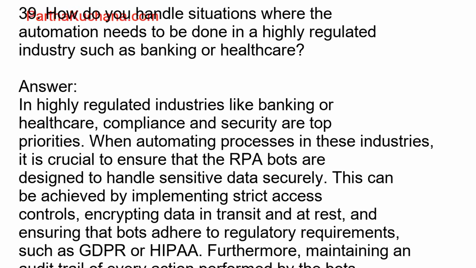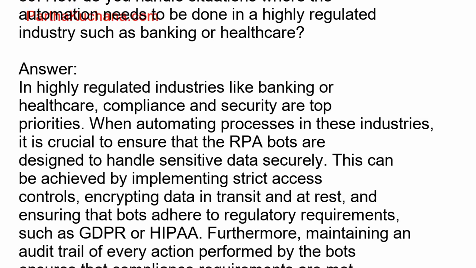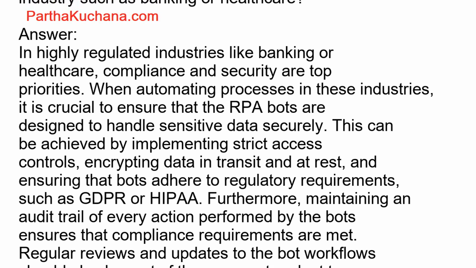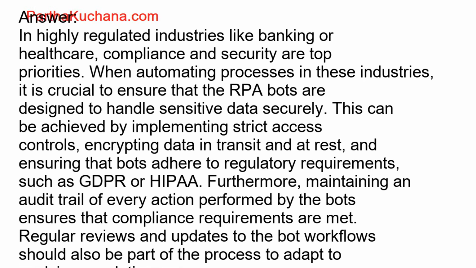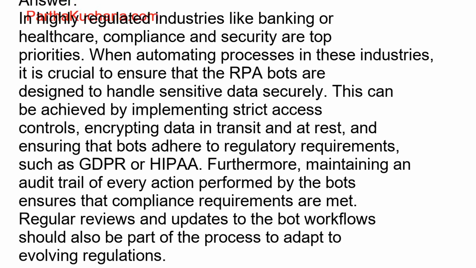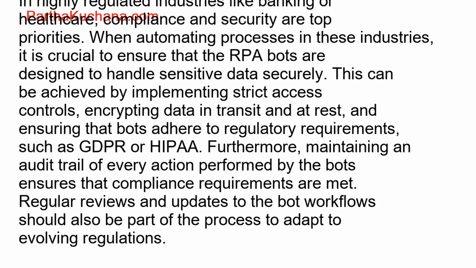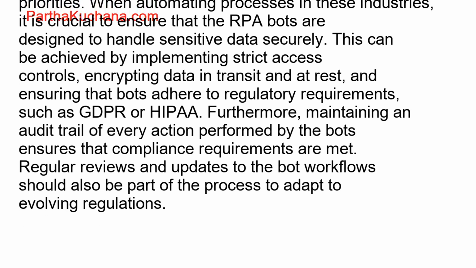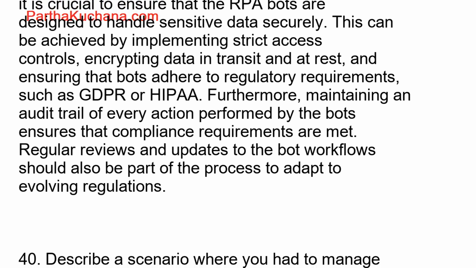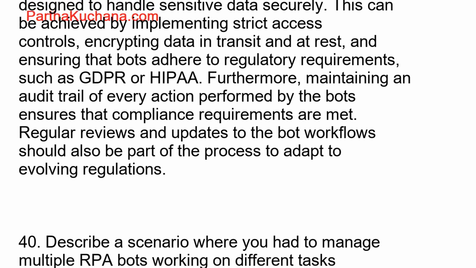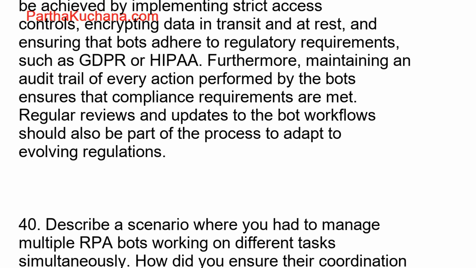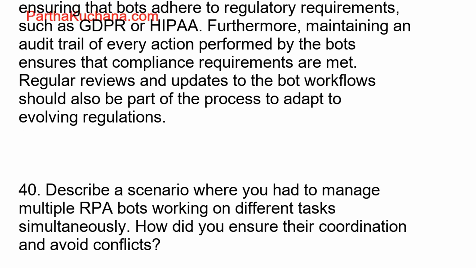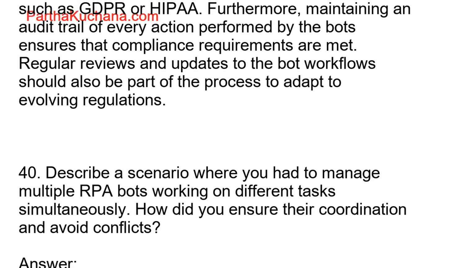41. How would you handle exceptions in RPA, particularly in a process that involves multiple systems? Answer. Handling exceptions in RPA requires a well-structured error handling mechanism, especially in processes involving multiple systems. The first step is to categorize the types of exceptions, whether they are business exceptions, e.g., incorrect data, or system exceptions, e.g., system downtime. For system exceptions, retry mechanisms can be implemented, where the bot attempts the same action after